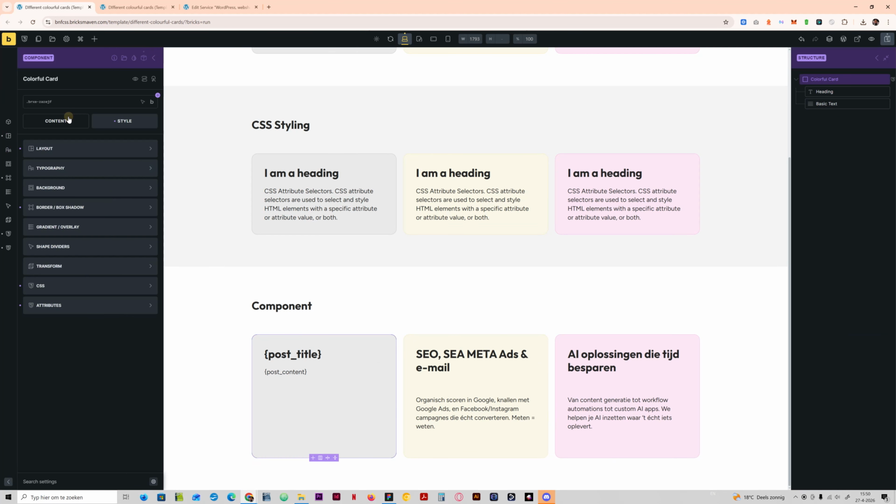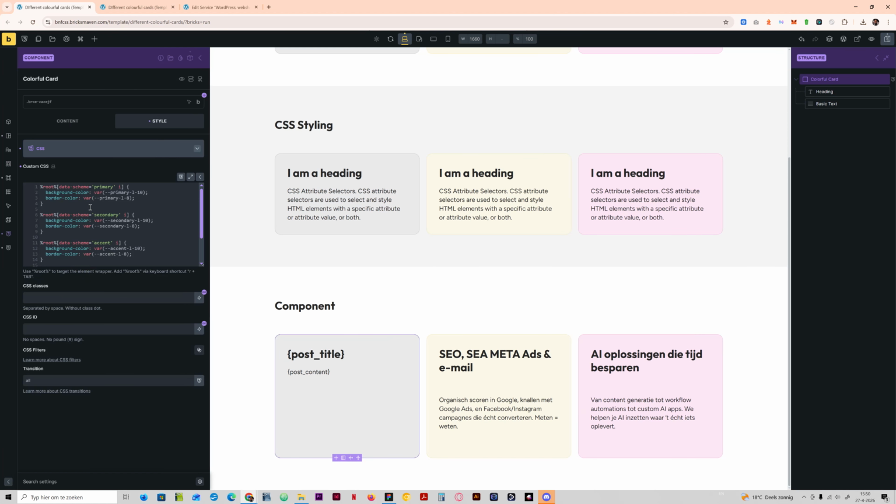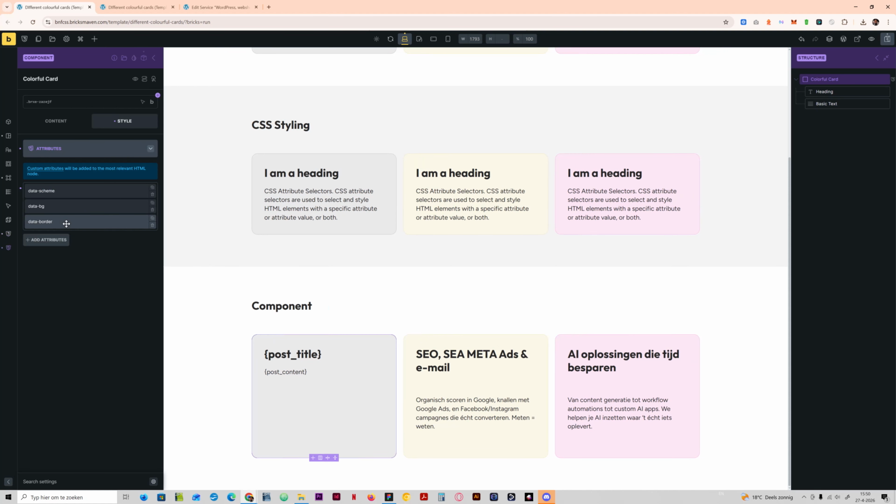Let me go into the component. As you see, this one I didn't style it, right? It's not needed, but I do recommend you to do that. Let me see if it's something specific I want to draw your attention to. Here I also have the different schemes. I have the colors. I set it up 2 different ways too. So here I have the same setup as with the cards, right? And here